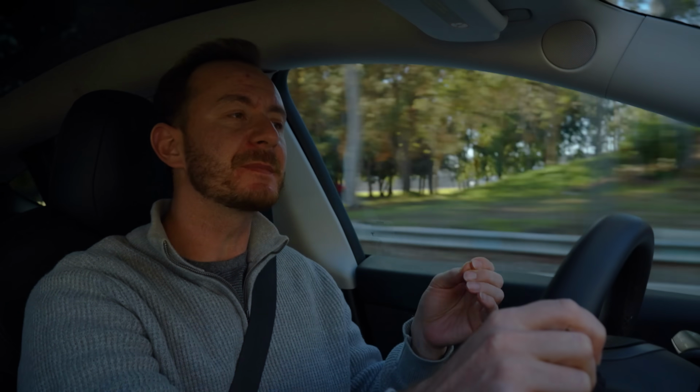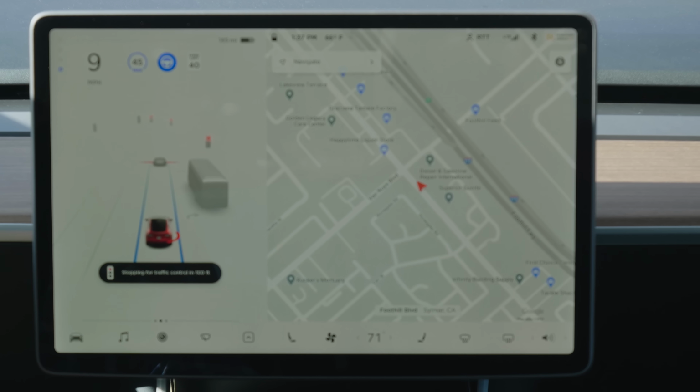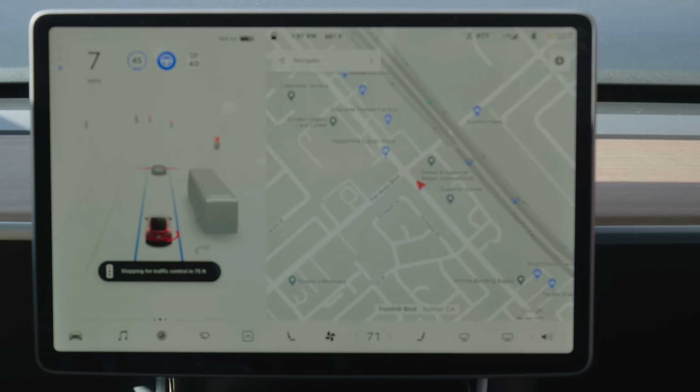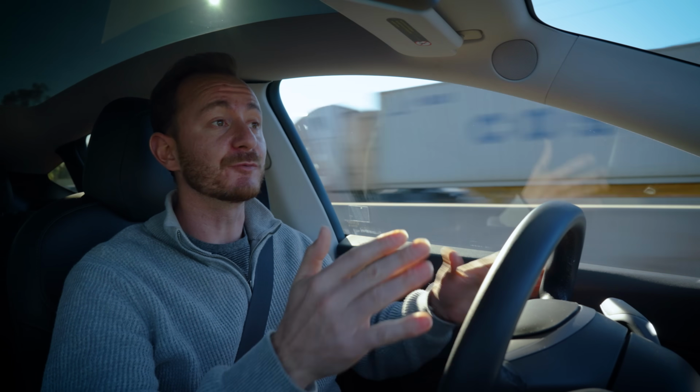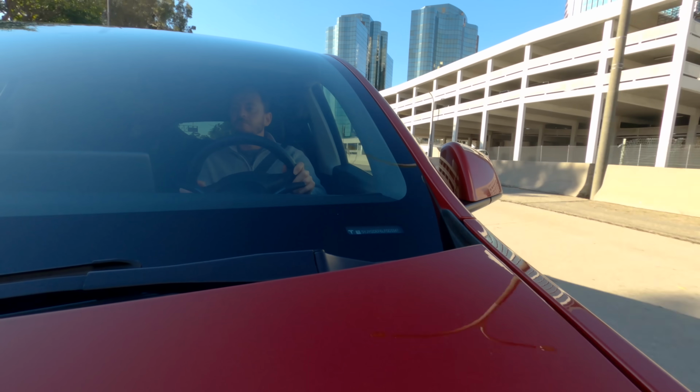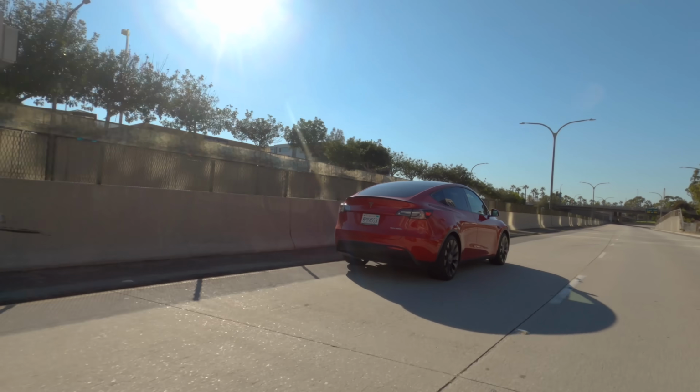Okay, so let's talk about driver aids. Obviously, Autopilot is the name for Tesla's semi-automated driving system. You press down once on the gear selector stalk for adaptive cruise control, and twice for full Autopilot, which will take over some steering functions. Now, that's a very cool feature, and it works well in a lot of applications, especially gridlock. It's also very cool that the car is capable of controlling so many functions on its own,